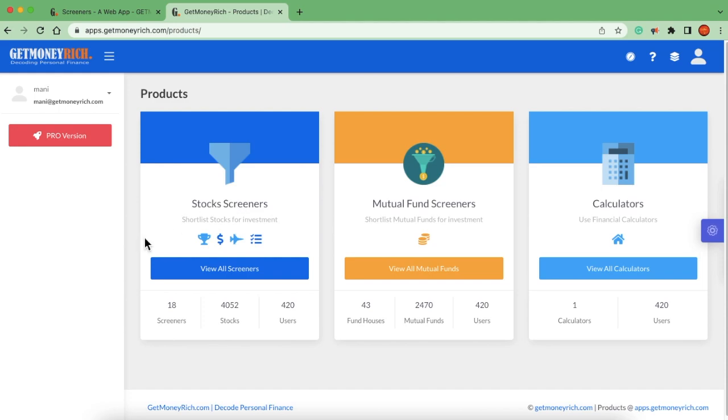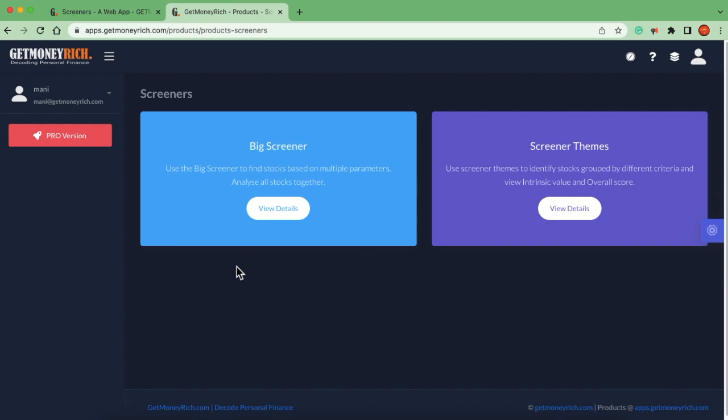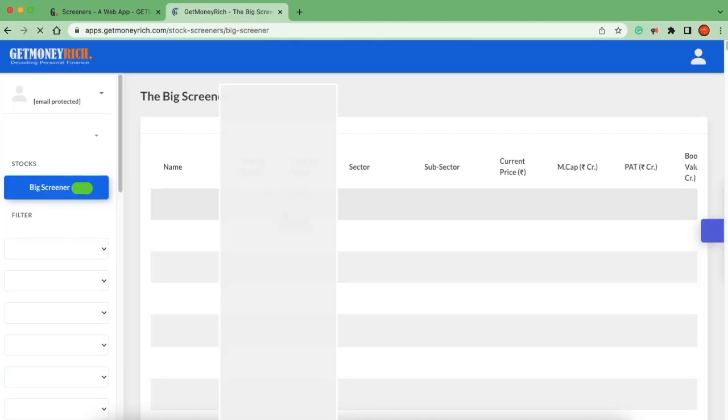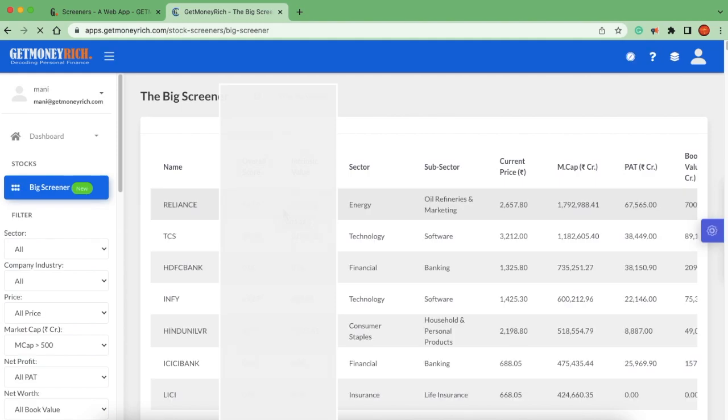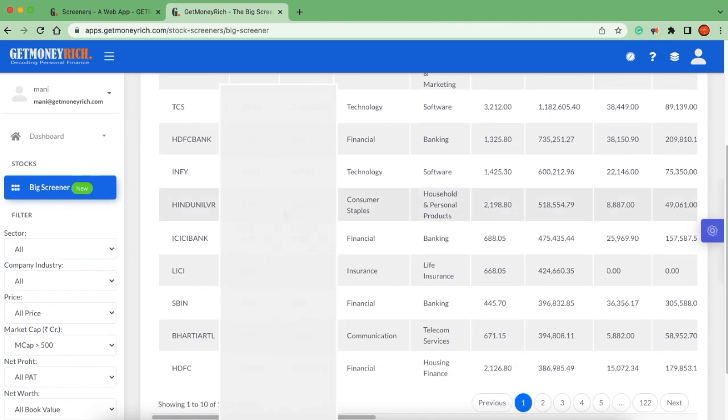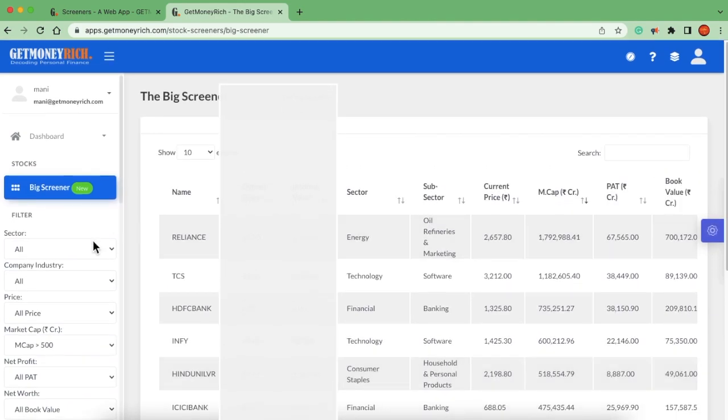Suppose you want to use the stock screener, so you have to click this stock screener button, and after you have clicked it, you will see two main sub elements here, the big screener and the screener themes. Suppose you want to use the big screener. What is big screener? Just click on this button, and what you will get here is a list of stocks, and on the left side